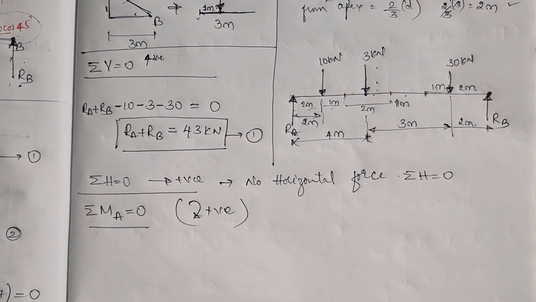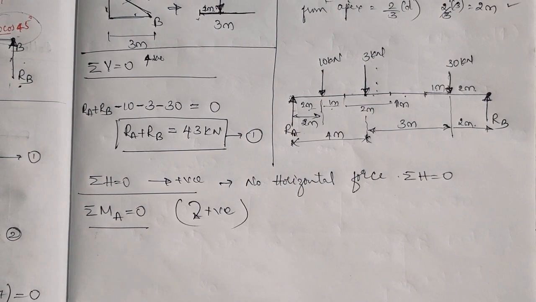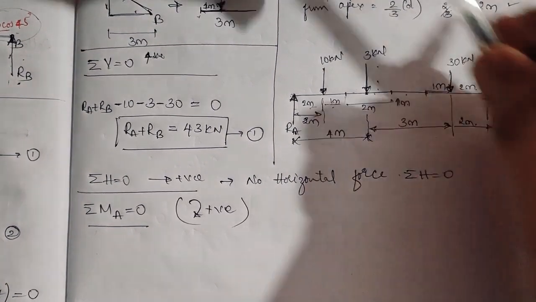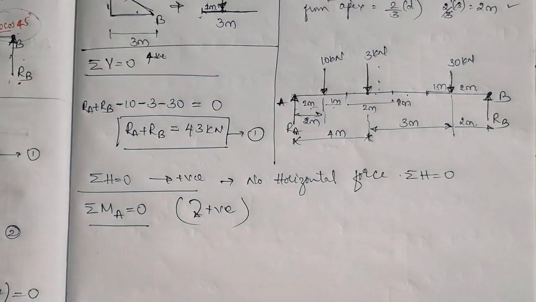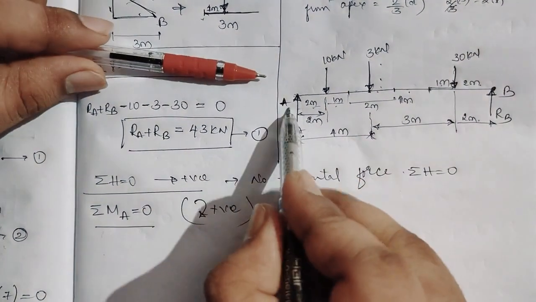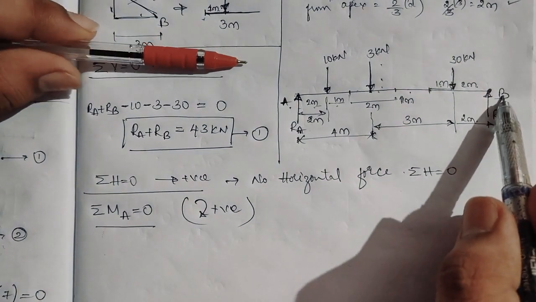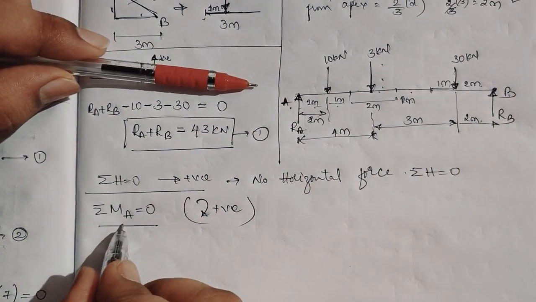See here. If anyone still didn't understand how to take moments, here I'll tell again clearly. So this is A, this is B. I'll tell in Kannada. This is A, this is B. Now moment about A,